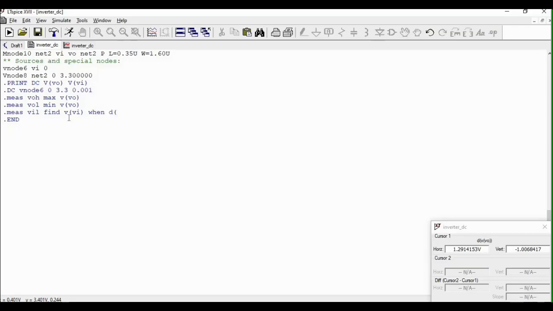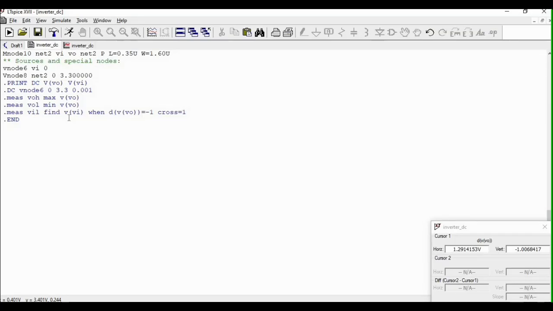the derivative of V out is equal to negative 1. Then cross is equal to 1. So it is given that derivative of VO equals to negative 1 because we need to get the point wherein the slope is equal to negative 1.